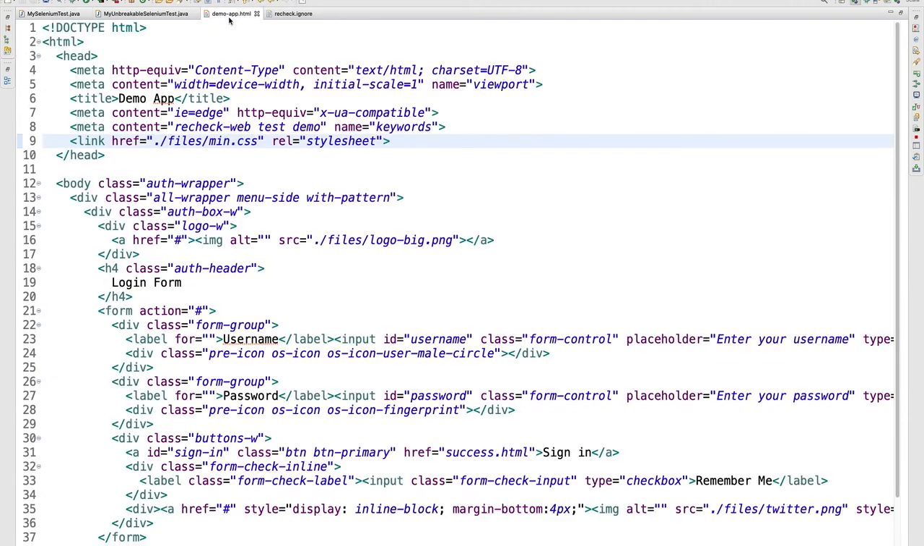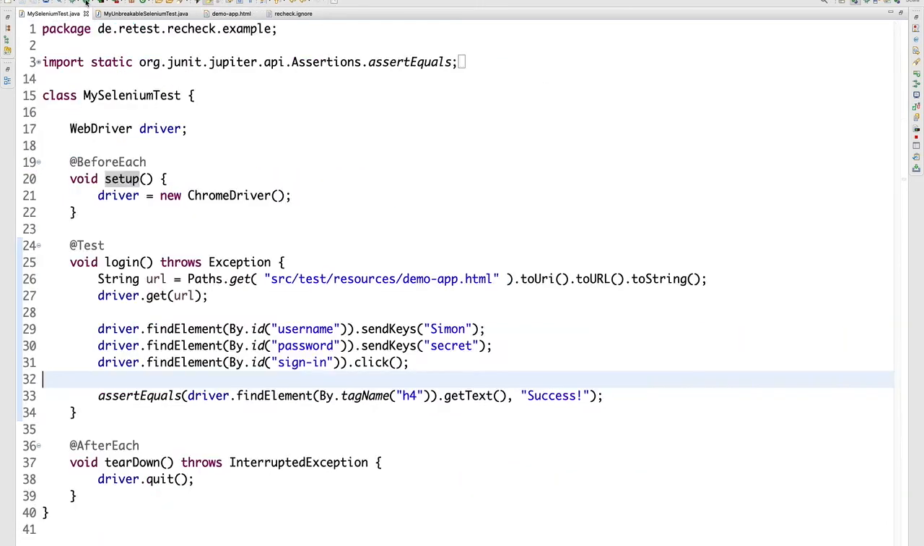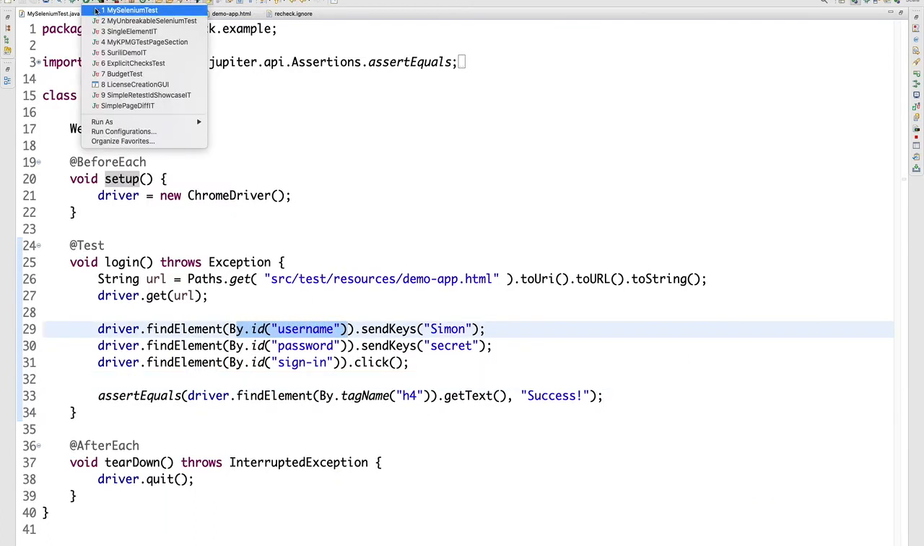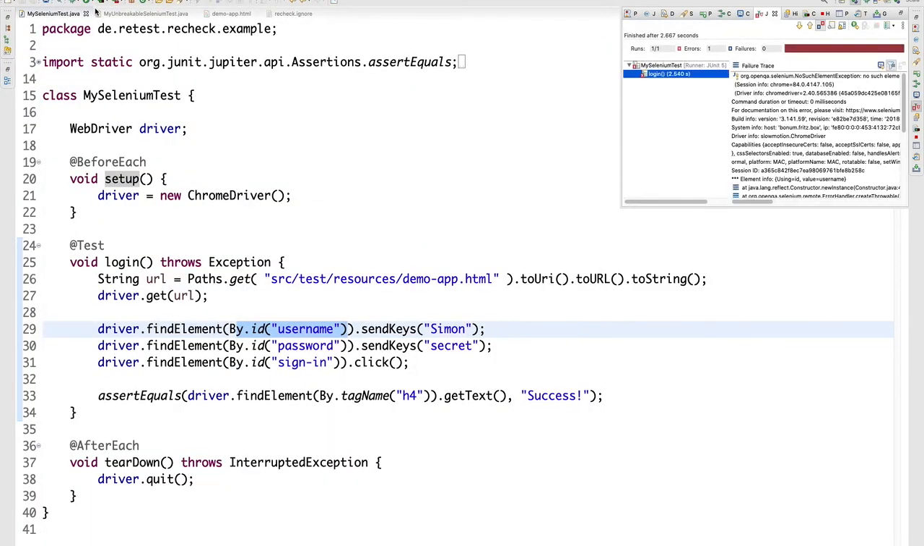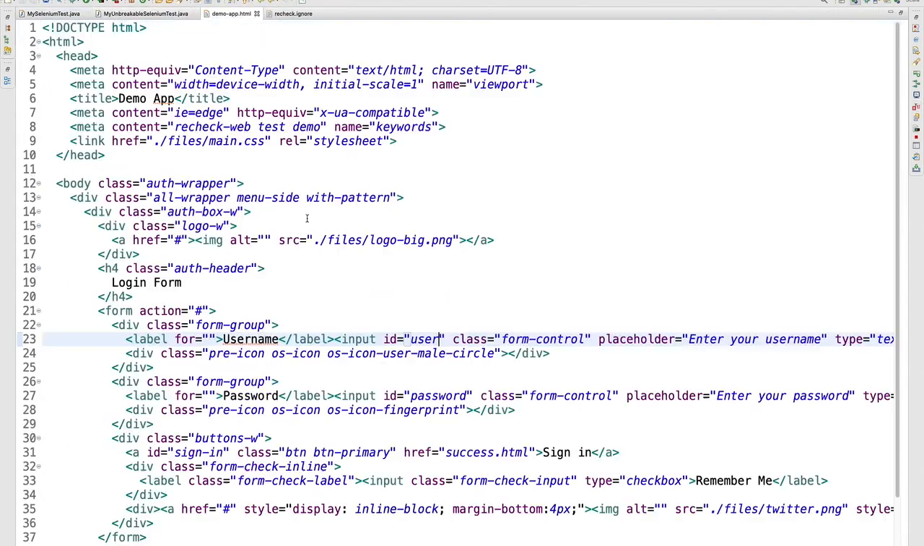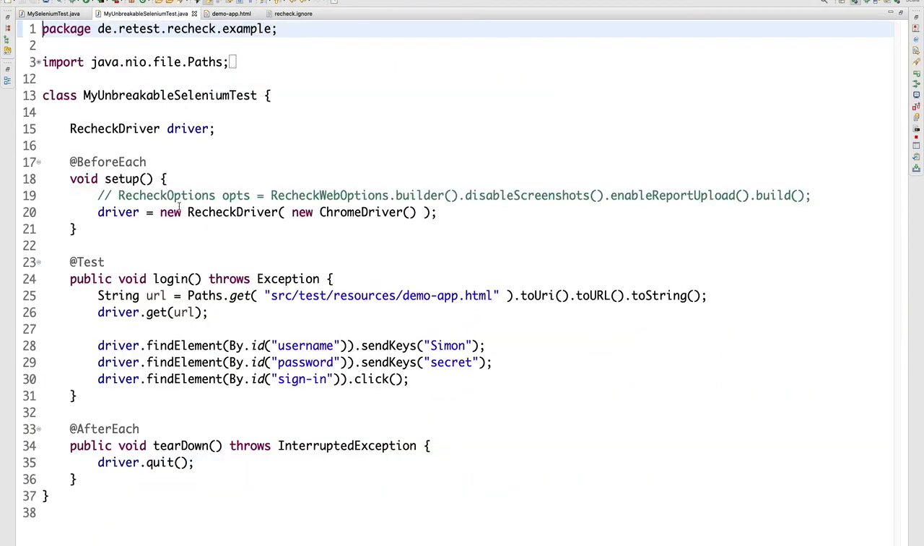However, if you instead change, say, an ID from username to user and try to execute the test, because that ID is being used in the test, it will break, and the test system will be unable to identify the element, and therefore the test breaks. Now, if you instead use, let me undo that, if you instead use recheck, all you need to do